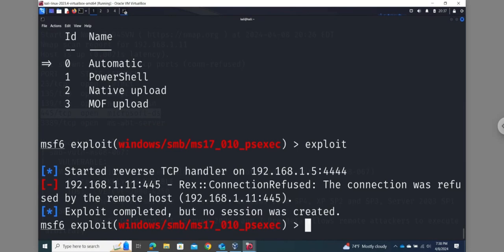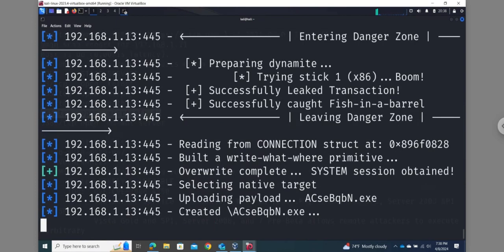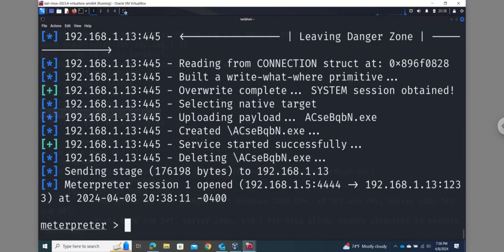So if we set the remote host to 192.168.1.13 and start running for another target machine,